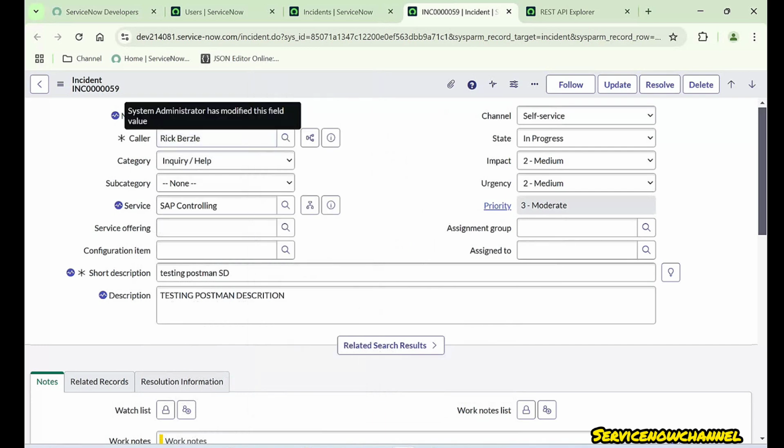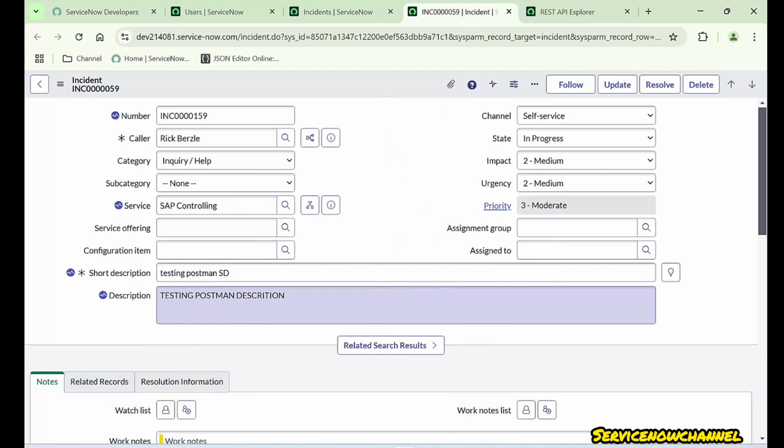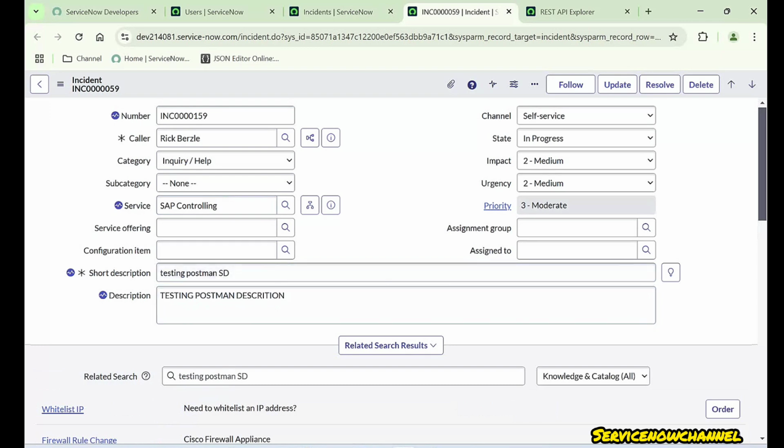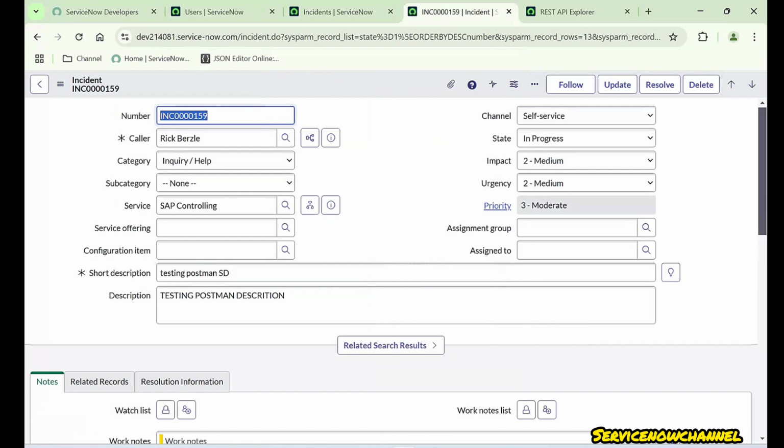No, no, before, you can see, right? One, two, three, four, which we tried to change. The four fields which you tried to change here, it's changed. You can see 159, SAP controlling, testing postman, testing postman description. Just reload and check. Okay, it's reloaded now. Now you can see the four fields have been changed. So this is how we can change by using a third party tool like the Postman tool, an integration